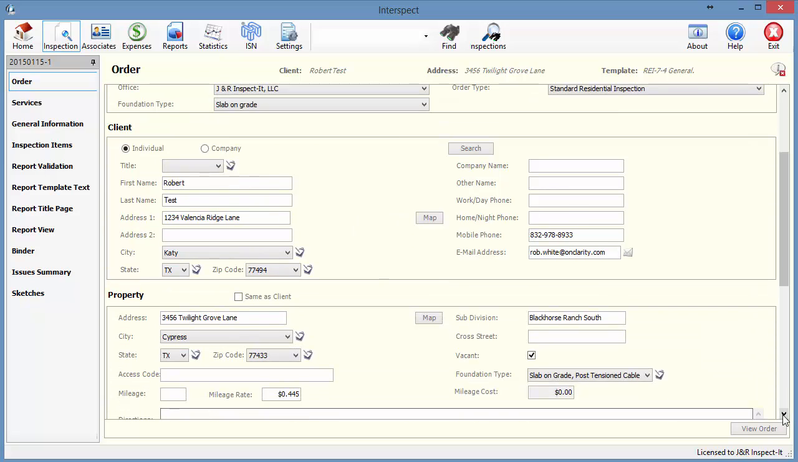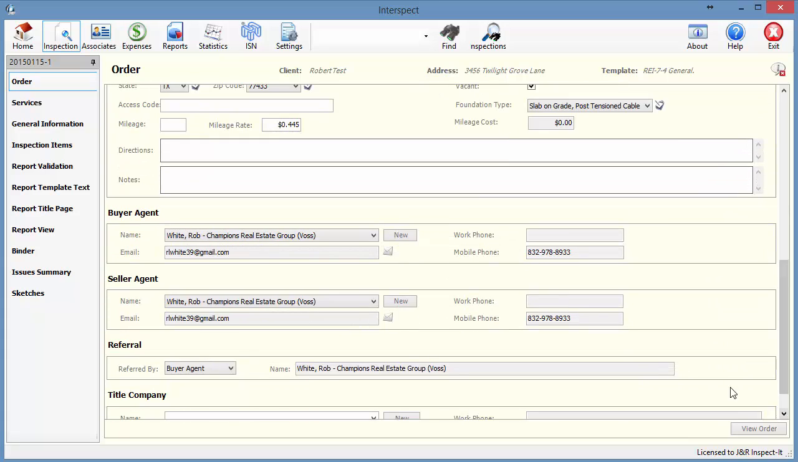I have the client's name, property, my buyer and seller's agent, and who the referral was from. On the Services tab,